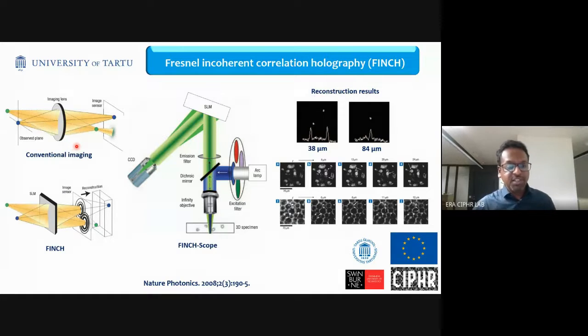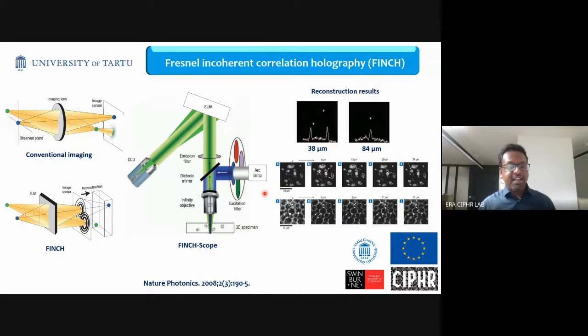But with Finch, what we obtain is a Finch hologram. And by taking this Finch hologram into the computer, it is possible to do digital refocusing. It doesn't matter whether you have 100 planes or 1000 planes. So this digital refocusing can be achieved. And these are some of the results they obtained. This is for plane 1, this is for plane 2. They also tested it on different types of biological samples, and it was published in Nature Photonics in 2008. Okay, so now using Finch, we can have a 3D fluorescent microscope.